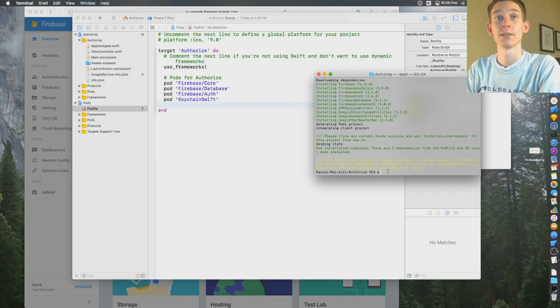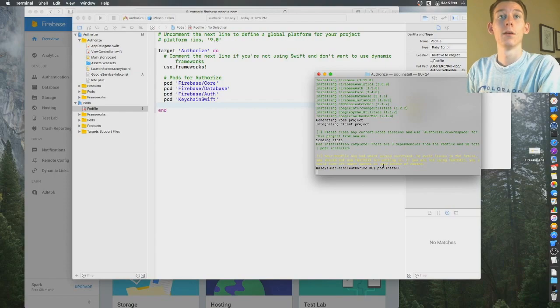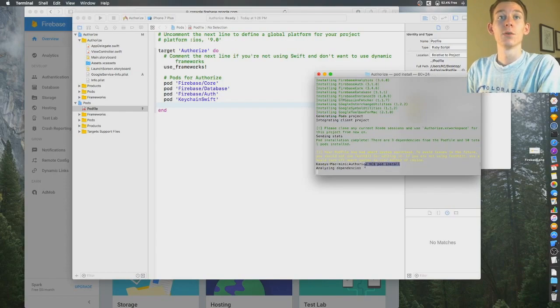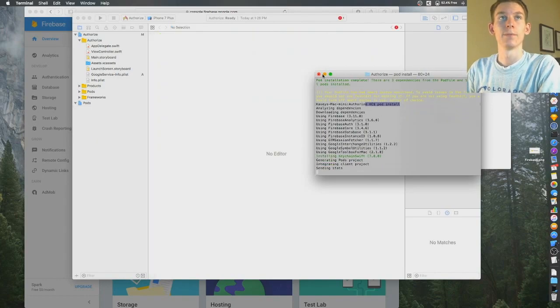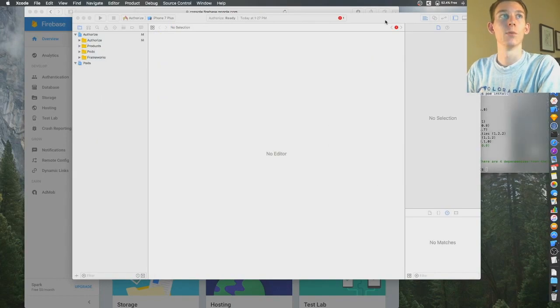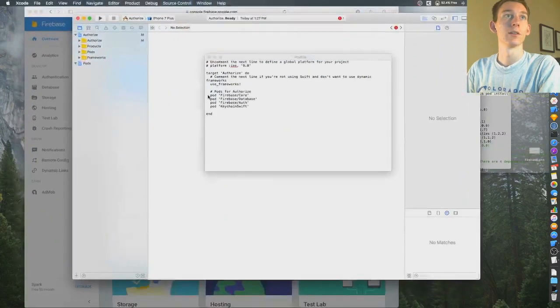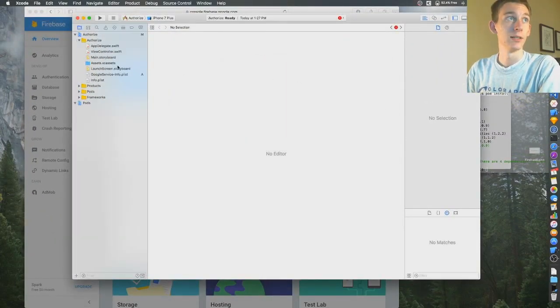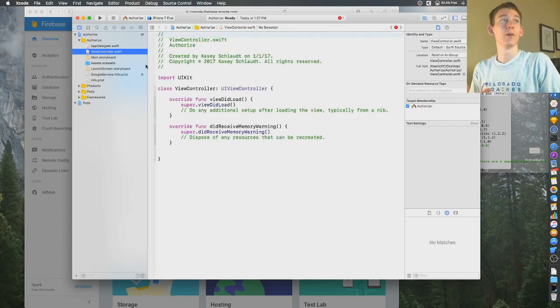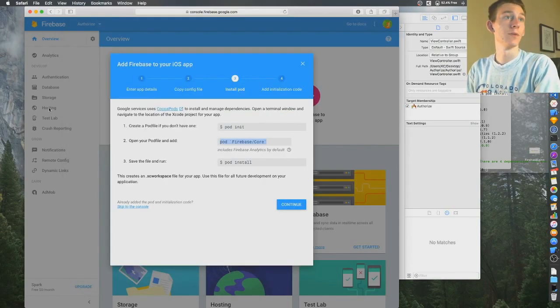I don't know how to pronounce it, but say pod install. Okay, it's going to reinstall the pods because I added the keychain Swift one. Okay, so we don't need that anymore. You can actually exit out of the pod file. Don't need that. It's going to index again, but let's head back to Firebase